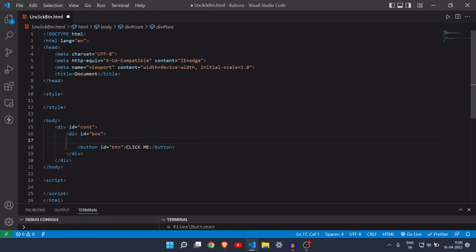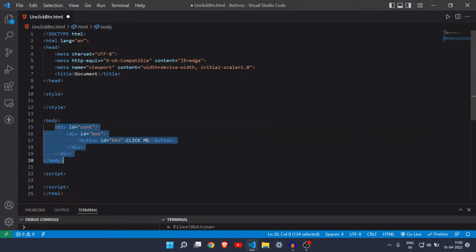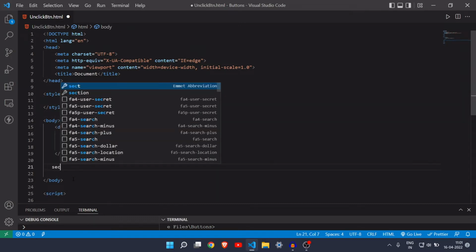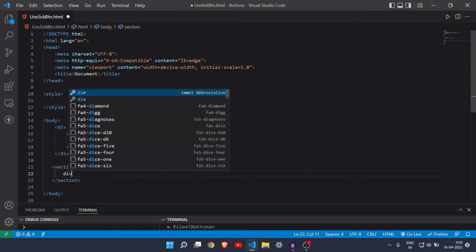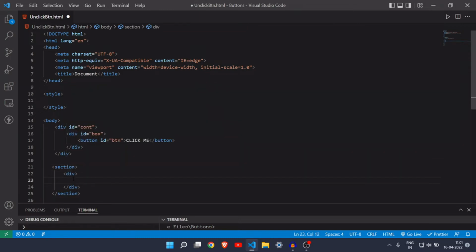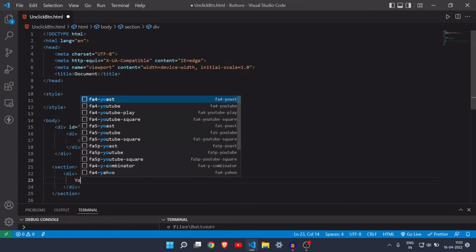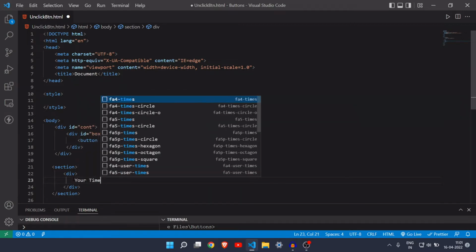This is the portion of our button, and now let's create another div for our scoreboard. We have to display the scoreboard also. Instead of div, let's use a section, and inside that section we will add a div, and inside that div we will write the score. Let's say like your time,